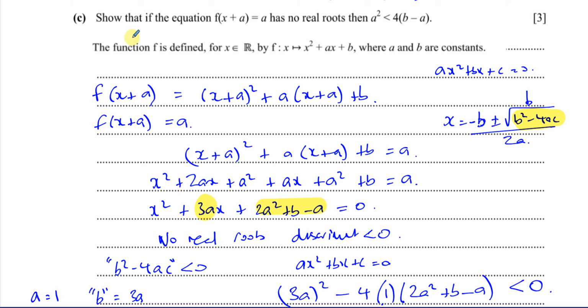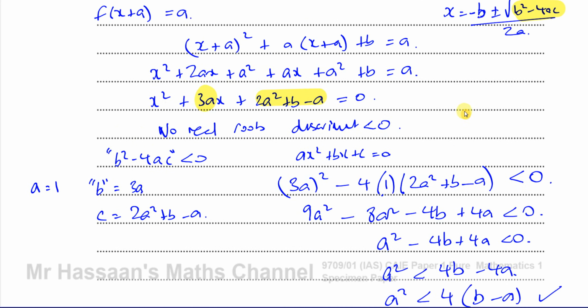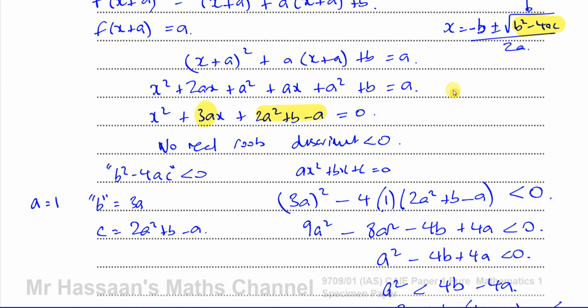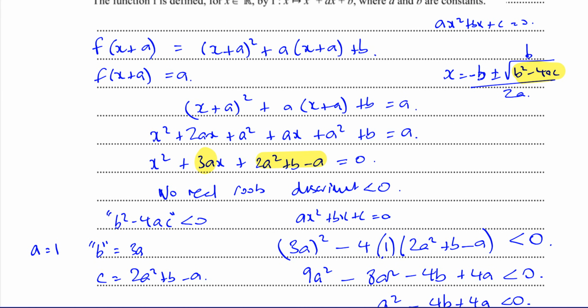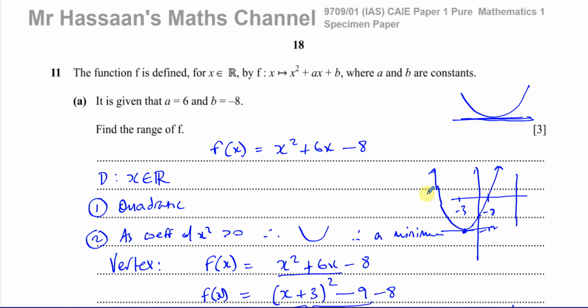Okay, so if the question said, show that the equation f of x equals a has two distinct solutions, then we would start off by writing b squared minus 4ac is greater than 0. If it said has real roots, meaning you can have two solutions or one solution, I'd write b squared minus 4ac is greater than or equal to 0. If it says that it has repeated roots, then we'll say b squared minus 4ac is equal to 0. So depending on what this phrase is, we know what to do with the b squared minus 4ac. Okay, so that's a little bit of a summary of that idea of discriminants and how we apply that to this question. That completes this question, which is question number 11 from the Pure Mathematics P1 Specimen paper from Cambridge,